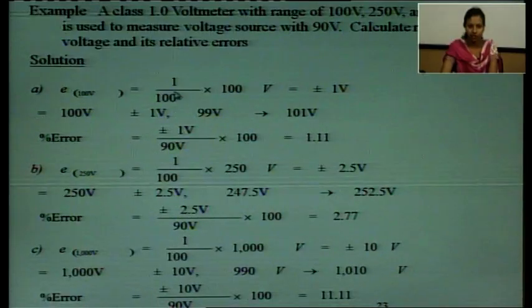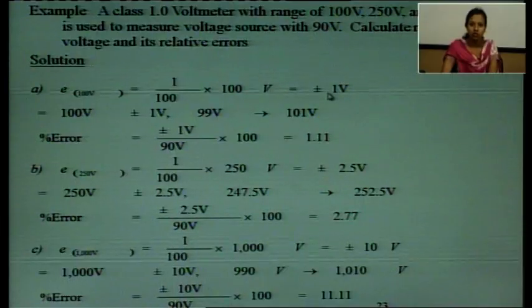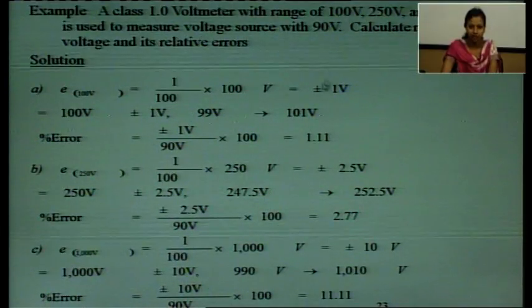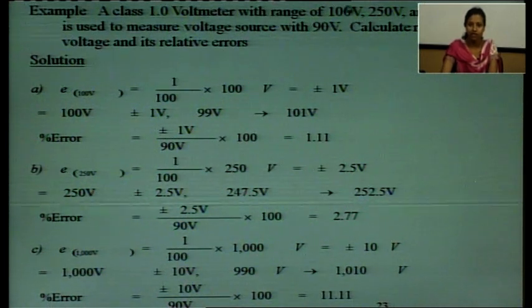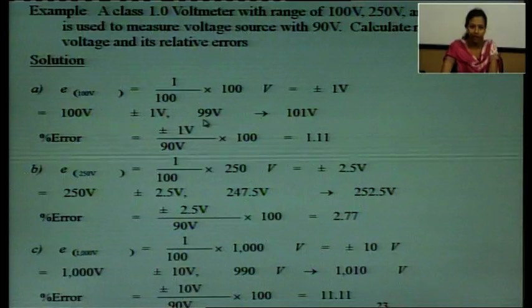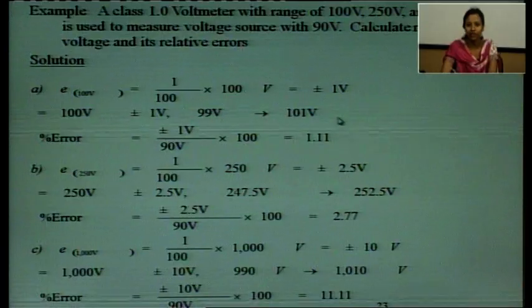So error, for the 100 volt voltmeter, is equal to 1 upon 100 into 100, which is plus minus 1. So 100 volt is the central value. If we take plus 1, it is equal to 101, and if we take minus 1, it is equal to 99 volt. So 100 volt plus minus 1 volt goes from 99 to 101. The error in the measurement is very small here,